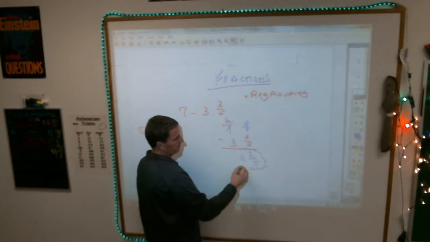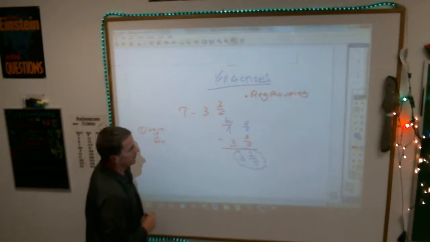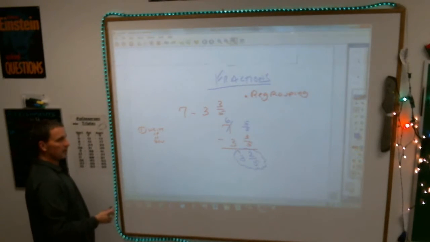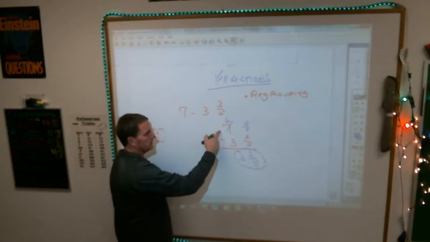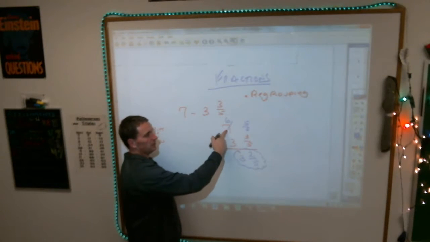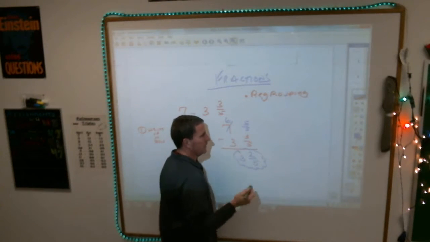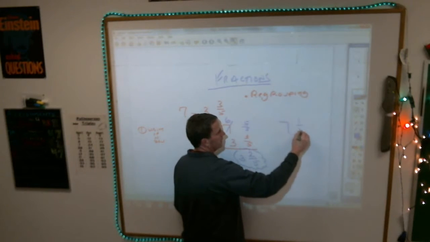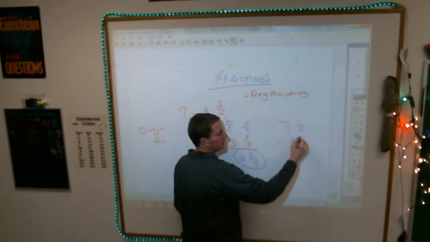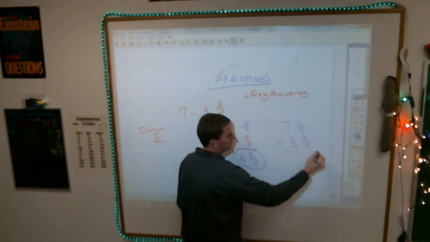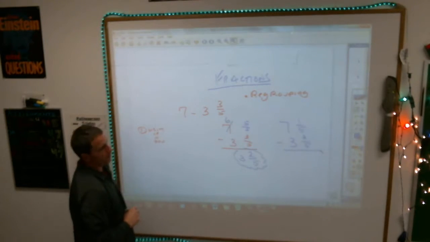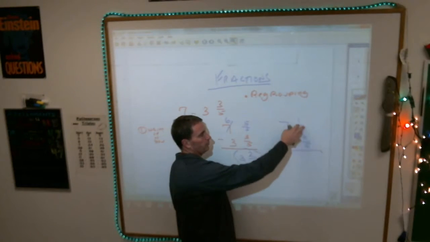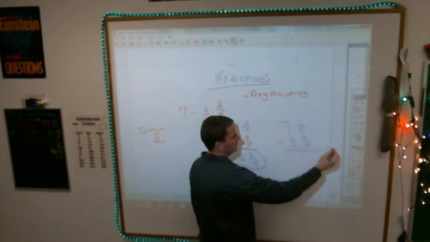That is not earth-shattering. Well, here is the only difference in what we're talking about for tomorrow. Tomorrow it's different because they're going to have not only the whole number but another fraction over there that doesn't work out nicely. For example, 7 and 1/5 minus 3 and 3/5. Again, I can't take the 3/5 from the 1/5, so I have to borrow, but here is the part